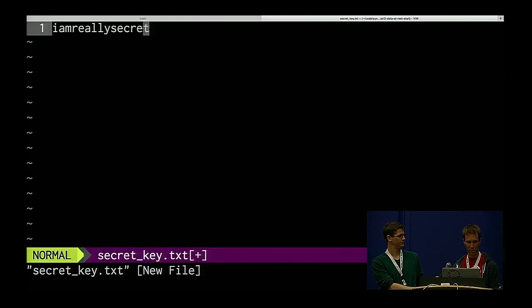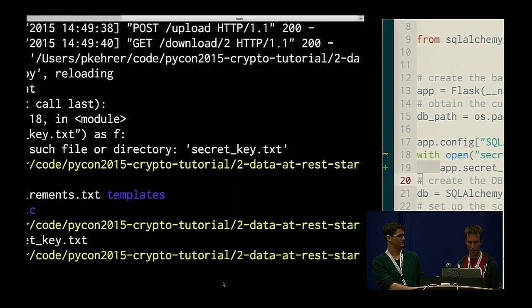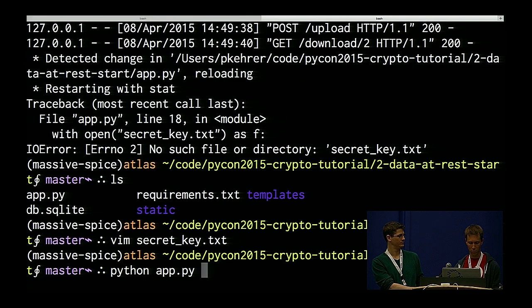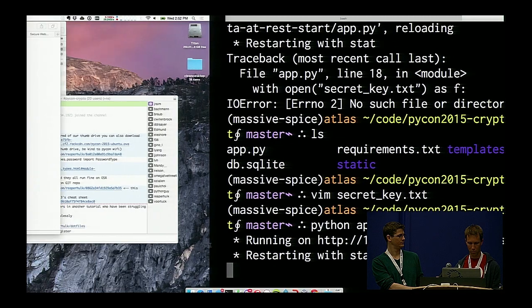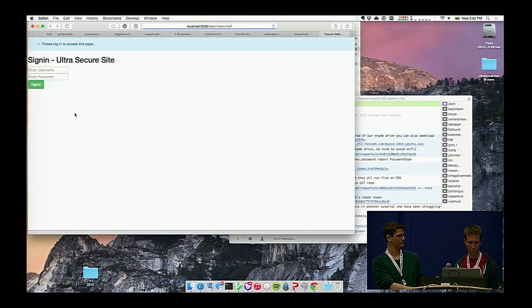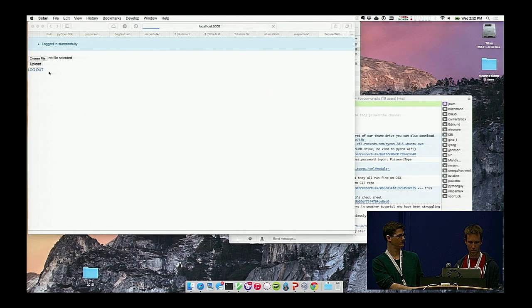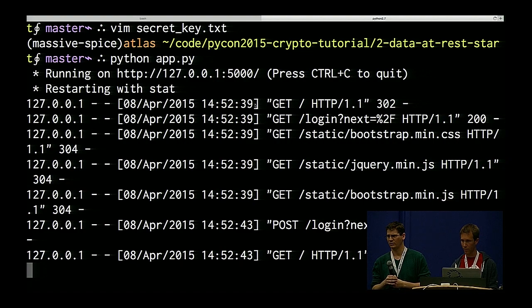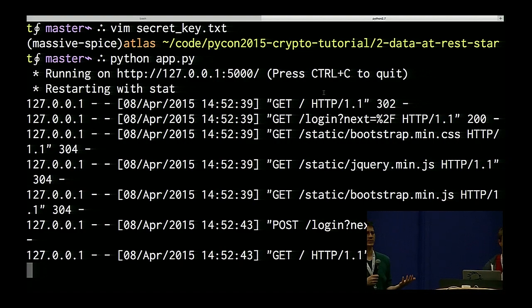So you can save that secret key text as "I am really secret." And now if we try and run that code, the app starts up. I can sign in. And all is well. Everybody able to get that working? Should be relatively straightforward. So the first step for this is one of the options that you can do,